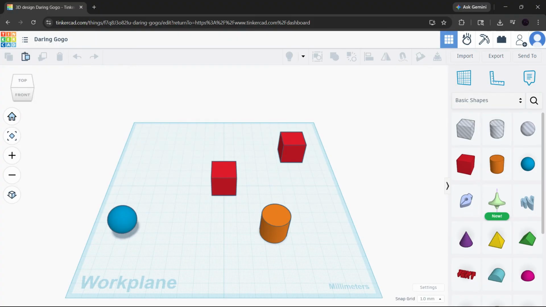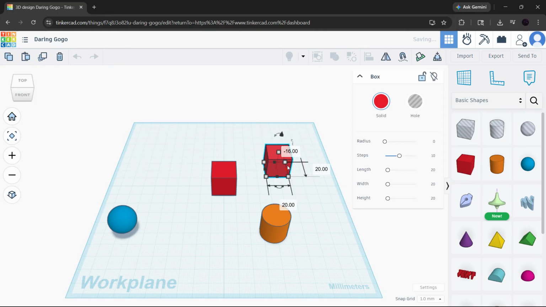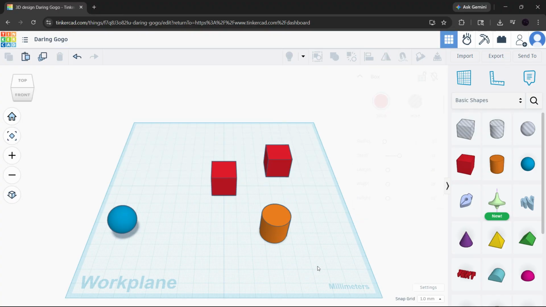Let's jump right in. First, let's talk about making sure your work is actually saved in Tinkercad. The easiest way to check is to look at the top left corner of the screen, right next to the Tinkercad logo. If you see the message, "All Changes Saved," that means Tinkercad has already synced your latest edits and your progress is secure. This is the first thing you should always check before closing your browser or moving away